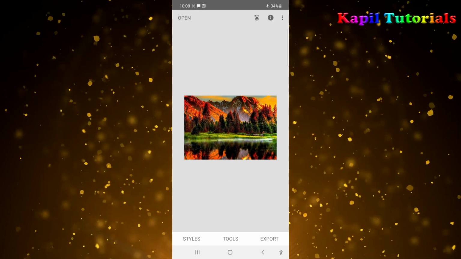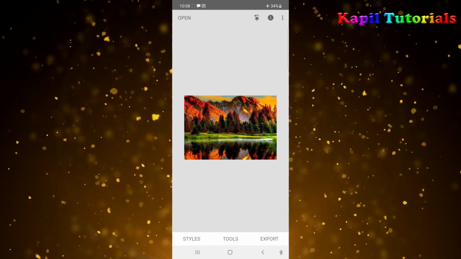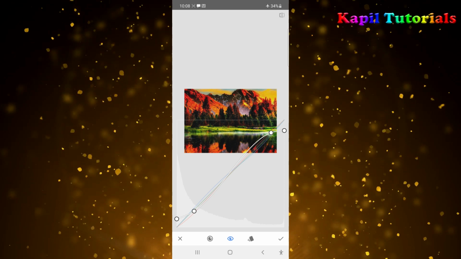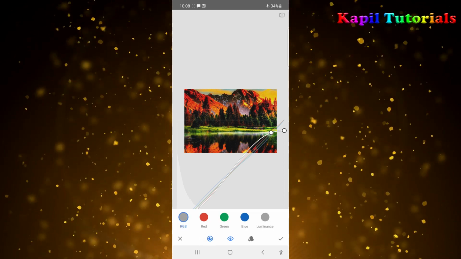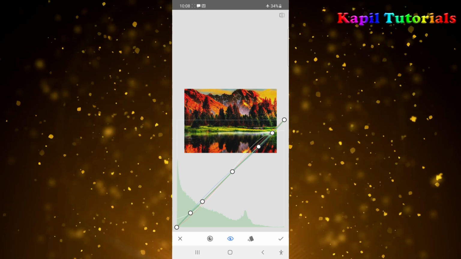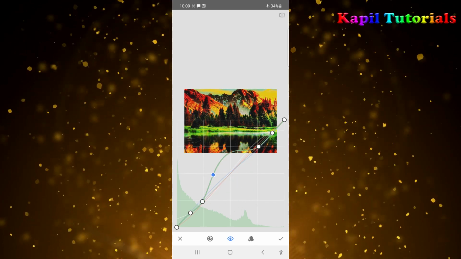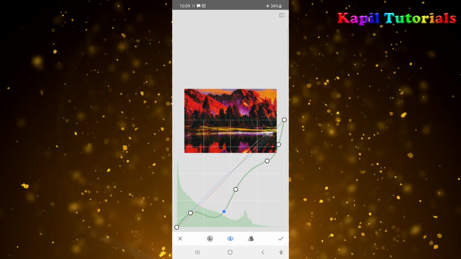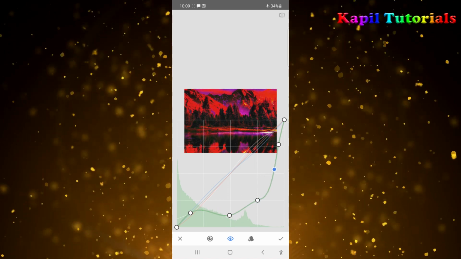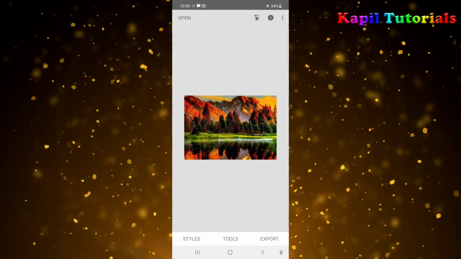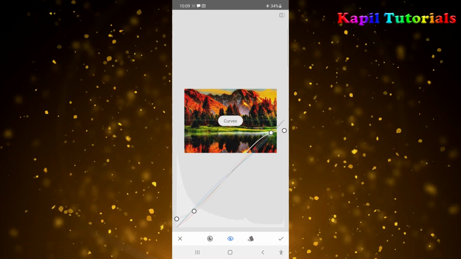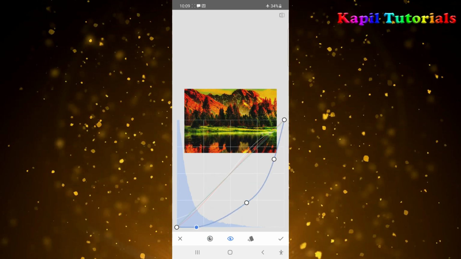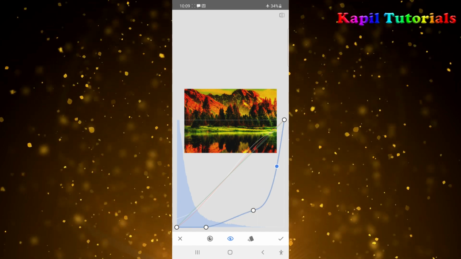So I'm just crossing it. Again, if I'm wanting to do some example here, suppose again I'm taking curves, then suppose I'm taking now green color. Now I want to take the green color. Now you see the difference. It will only affect the green color now. You see? Again, blue color. So means you have the control, proper control upon selected colors.